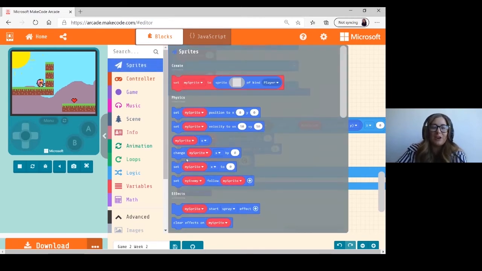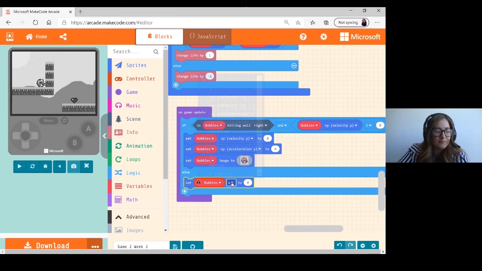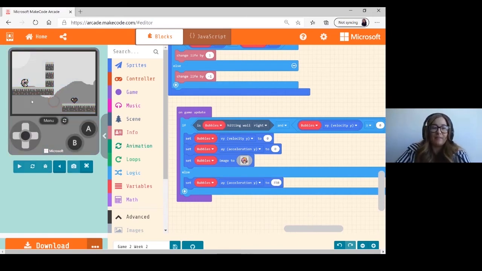Yeah, okay. So we're going to actually set Bubbles' acceleration, aren't we? We're going to give her a lot of acceleration, maybe like 300 or something. So we'll set Bubbles, and it's AY, so acceleration on the Y-axis, and I'm actually going to say 350. Yeah, go 350. And then...